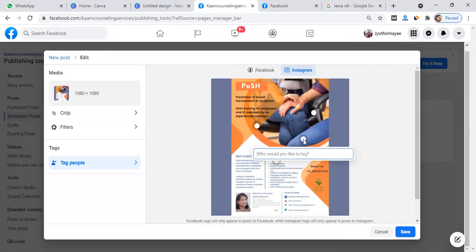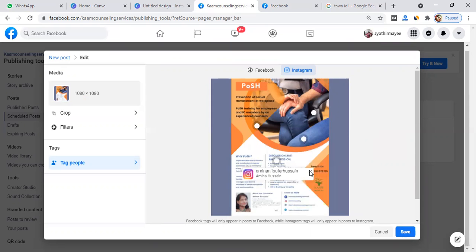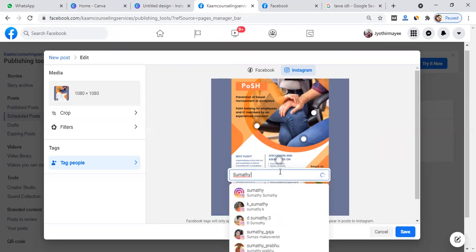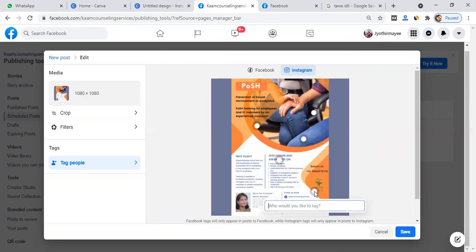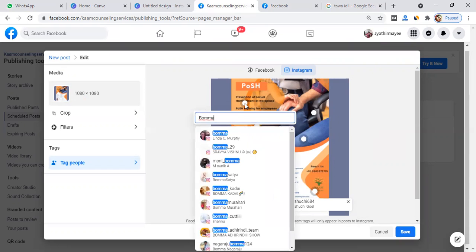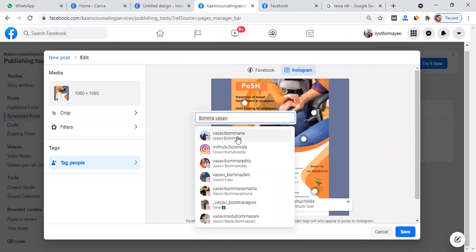And then we can tag a few more people also: Sumati Pandian, Sushi, and Vasavi Pumma.